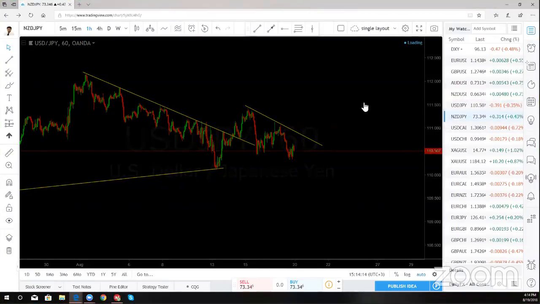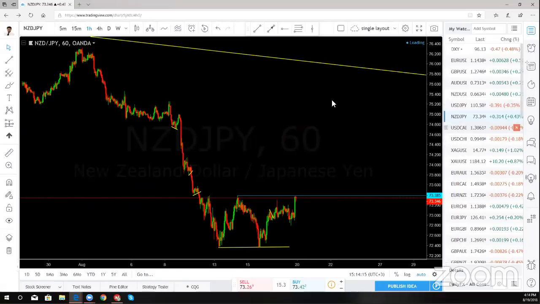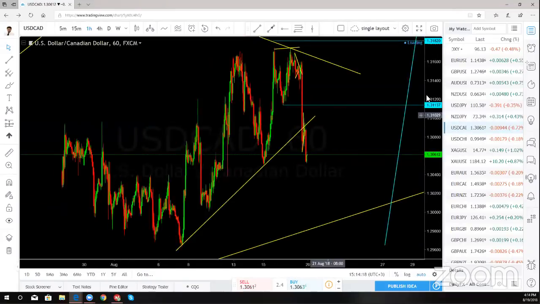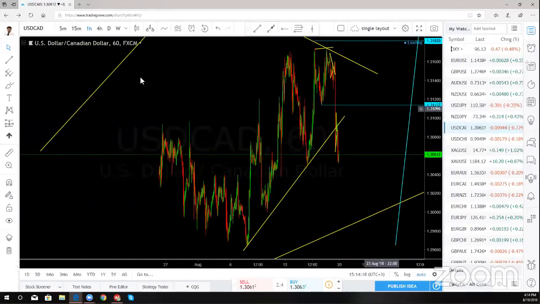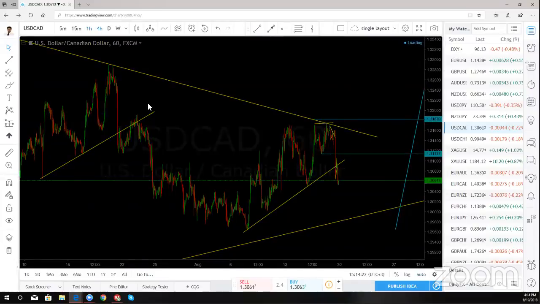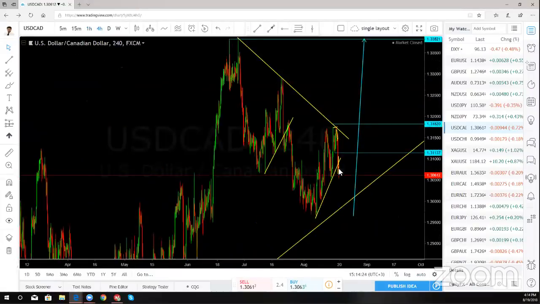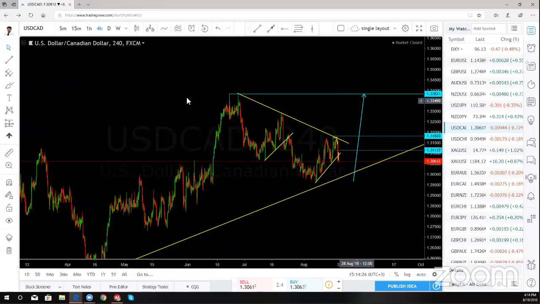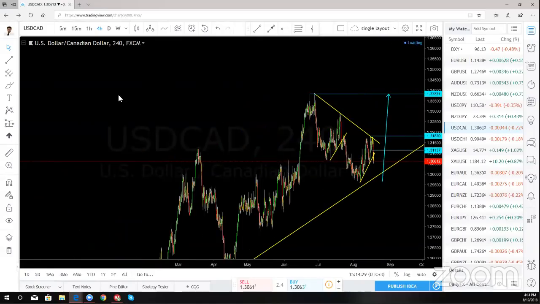New Zealand yen. Sorry, wrong one. CAD. I'll come back to the New Zealand yen. CAD is expected. We were thinking CAD should make one more up move, and that up move is still possible. This up move is still possible. By the way, if you want me to show you the CAD, what it could possibly do,